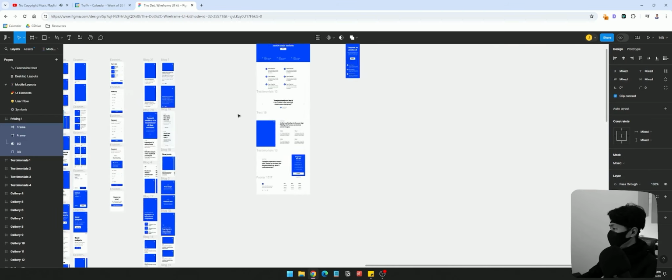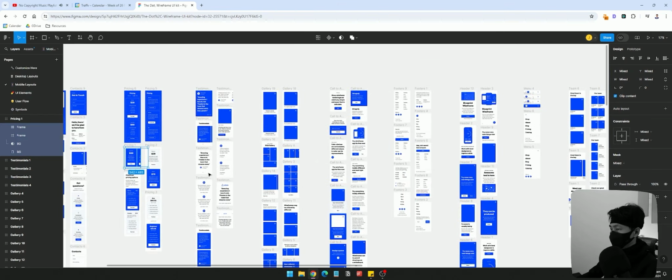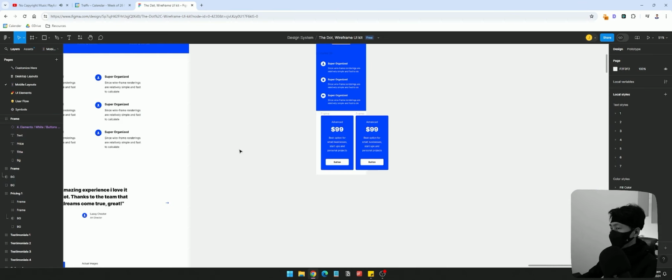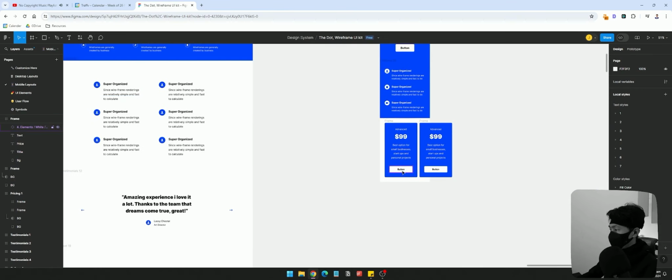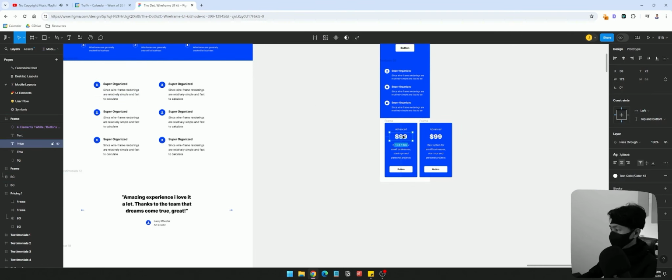Yeah, and then what? No, what's going on? Yeah. So something like that, right? And then I'm going to have to somehow change this to this. So probably here will be a button, and then the icon can be on top. Yeah, and then this, instead of the price, I think I'll put